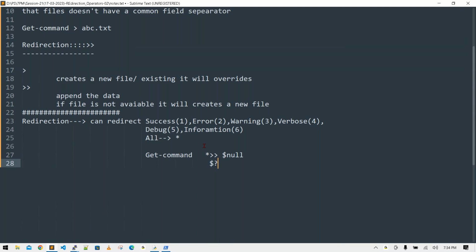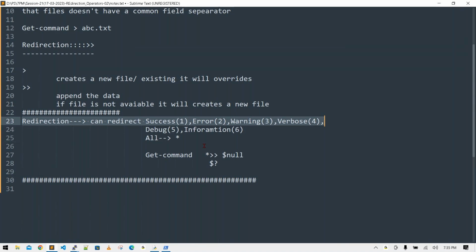Fine. And now 100% I can tell you, your redirection operators can redirect any type of output. That is a great benefit. Even error messages it will catch. But okay,